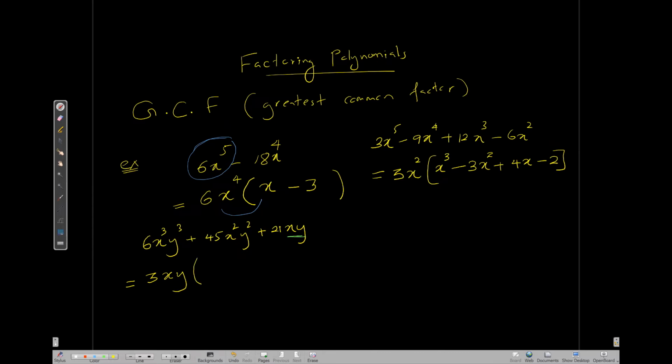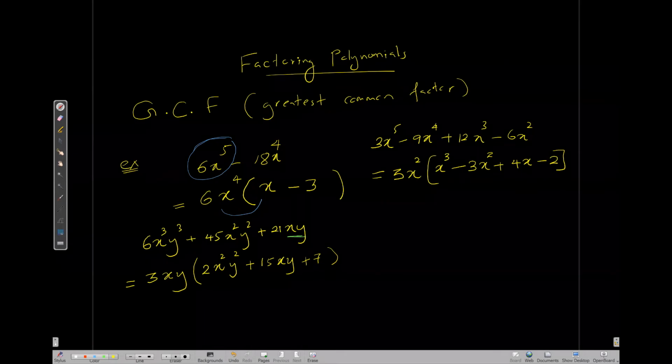x and y out. So for the first term, I need 6, so I need 2 here. x cubed, so I need x squared. I need y cubed, so I need y squared. Plus, to make 45 with 3, I need 15. x squared and y squared, so I need x and y because I already have x and y out there. With this, I just need 7. So 3xy times 2x squared y squared plus 15xy plus 7. Okay, so that's how you use